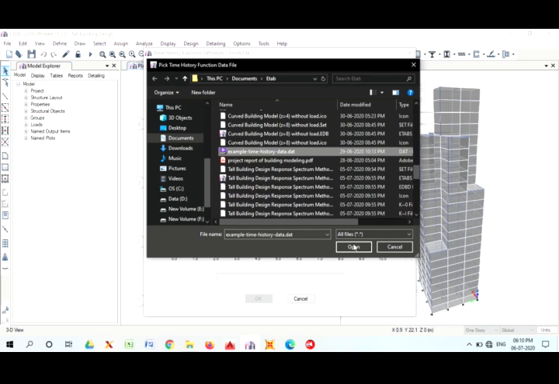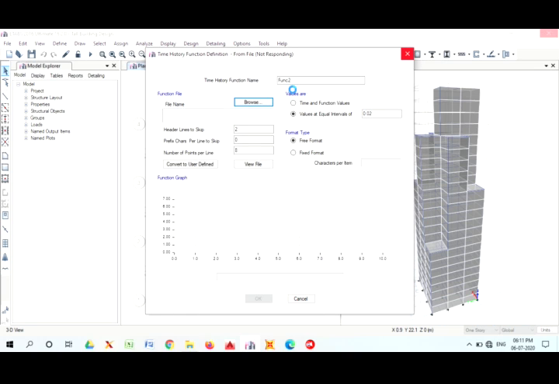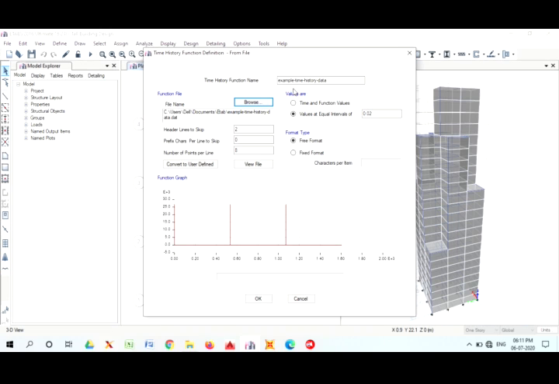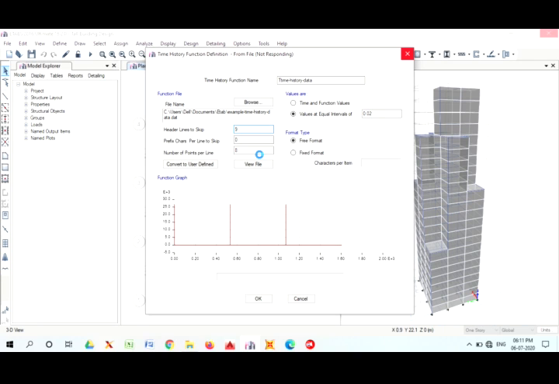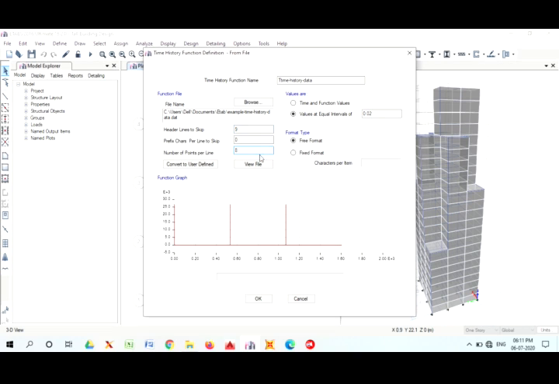Give the function name as time history, format type as fixed format. Then click OK. Again click OK to exit.